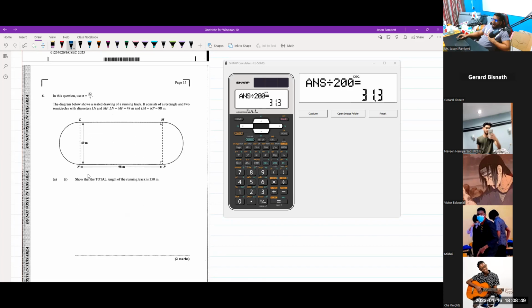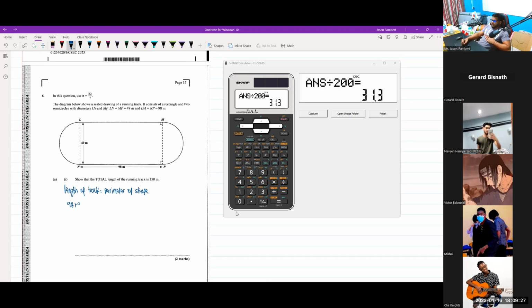Sorry. The total length of the running track. Show that the total length of the running track is 350 meters. Two semicircles with diameter L1 and P. Okay, so these are two semicircles that make one circle. So the length of the track is equal to the perimeter of the shape,